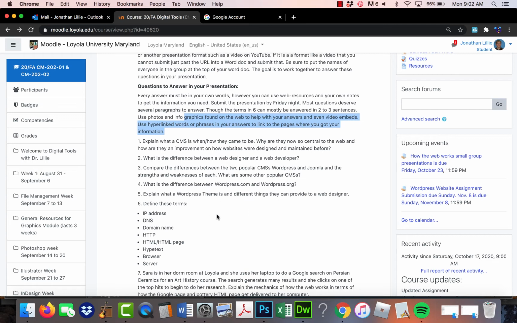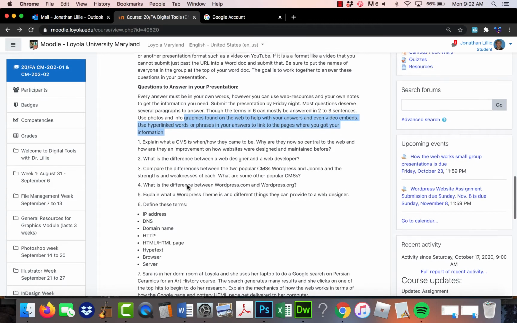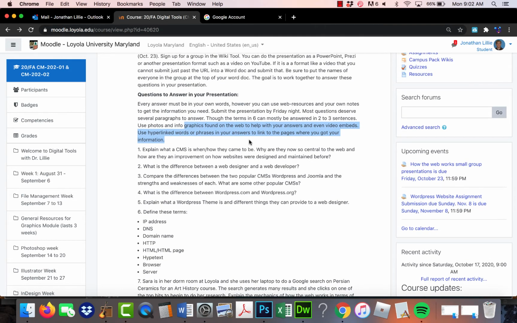So I'm going to go in and make sure that your group did a pretty good job for this. But you're basically doing it as if you were presenting this in a class, even though we're not going to have a live presentation or anything like that. And again, all the guidelines are here.